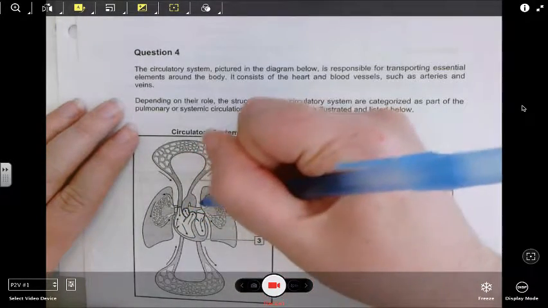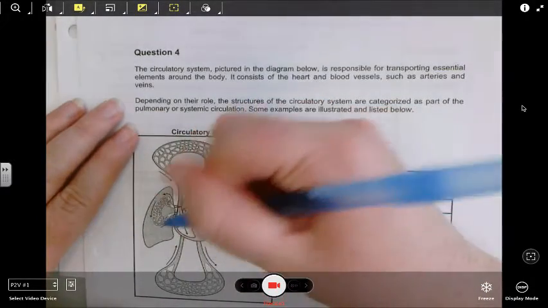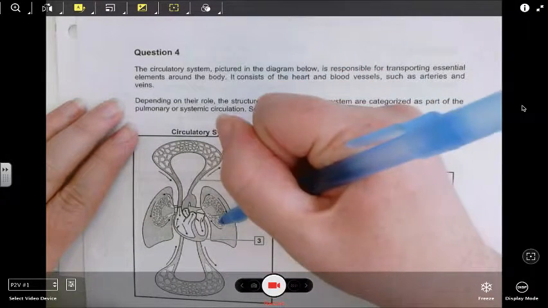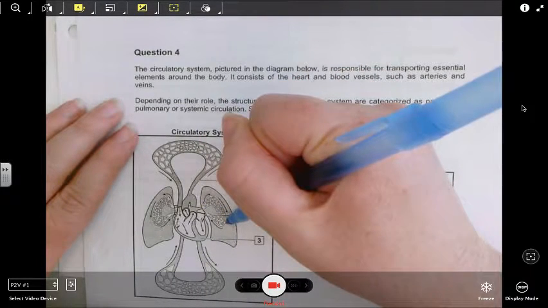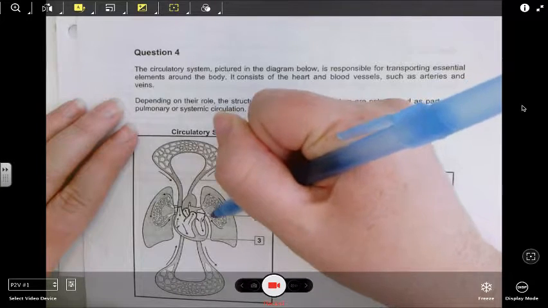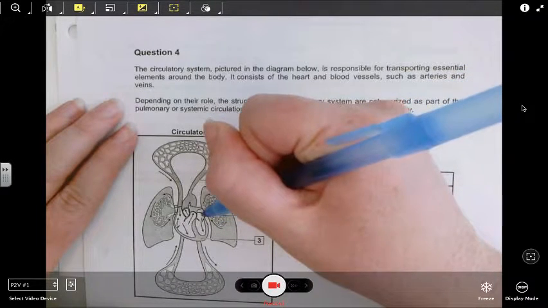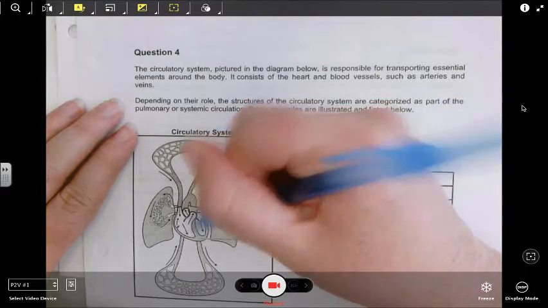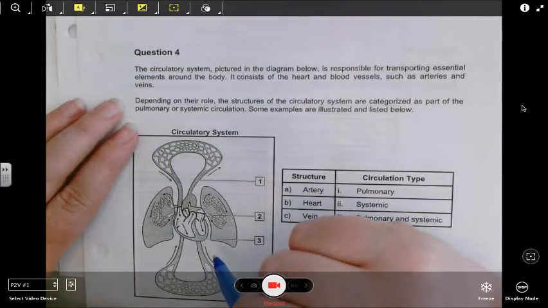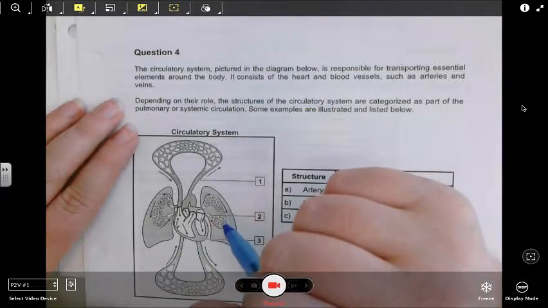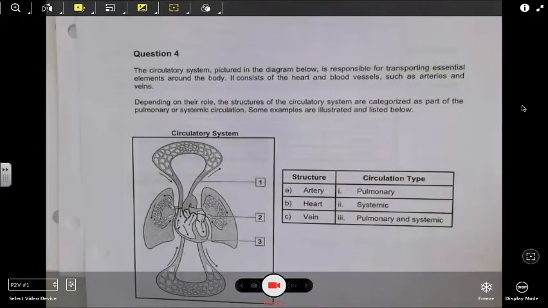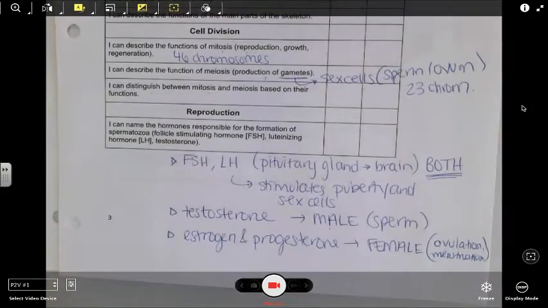That's pulmonary circulation because it's circulating to your lungs. It would go in there and pick up oxygen, come back with blood full of oxygen, and come into the left side of the heart. Then from the left side of the heart, it pumps to your whole body. When it goes to the whole body, that would be systemic. So pulmonary is to go to your lungs, systemic is to go everywhere else in your body. Okay? Let me see what else we got here.